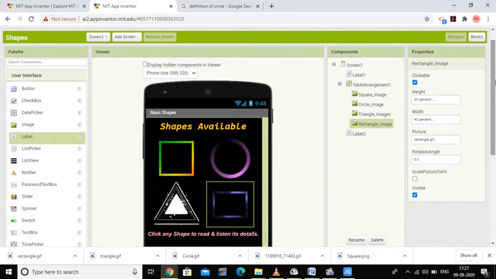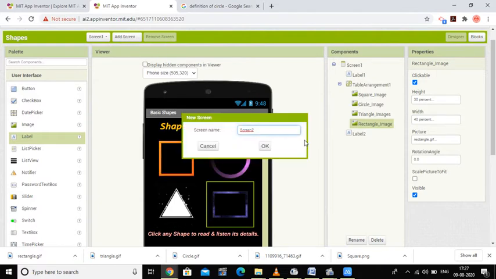Now, how do we add the second screen? Just above the viewer you have the screen option, and the button adjacent to it is Add Screen. Here I click the Add Screen option and I get one more screen.